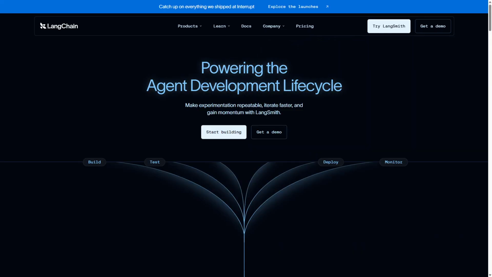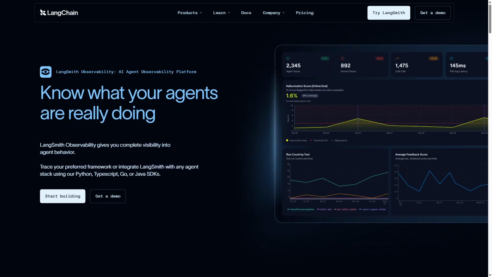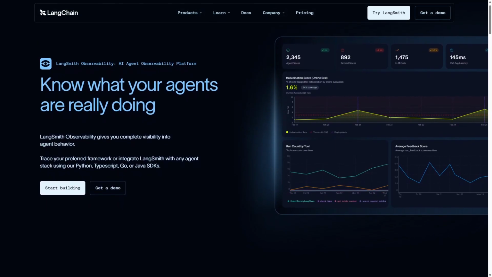LangSmith and LangChain are popular AI development tools, but they serve different purposes. LangChain focuses on building language model applications with modular components, while LangSmith offers observability and debugging tools to optimize and monitor those AI workflows. LangChain is an open source framework designed to simplify the creation of applications powered by language